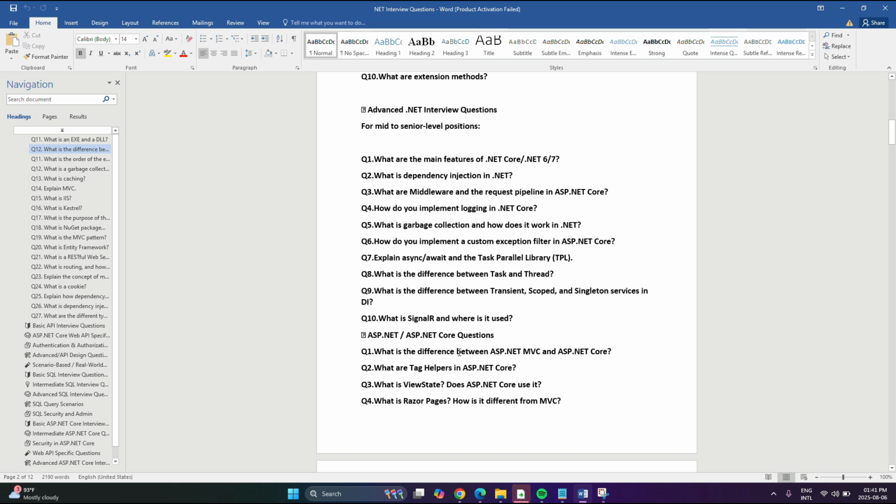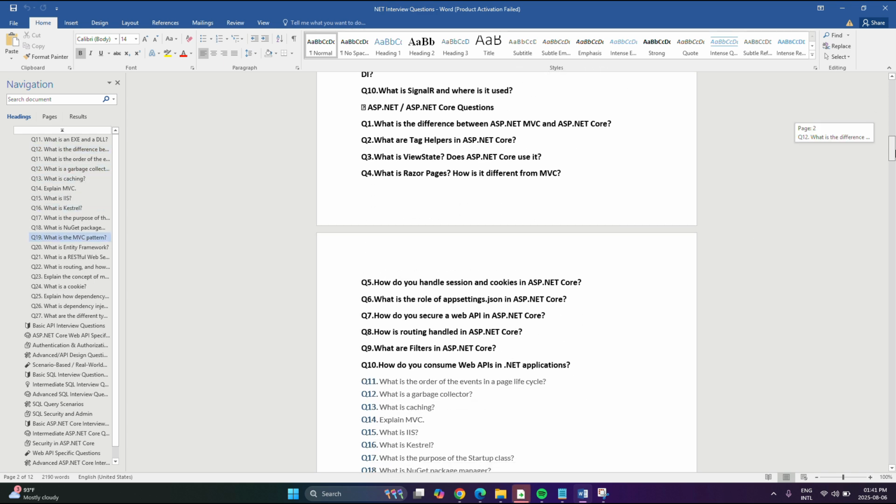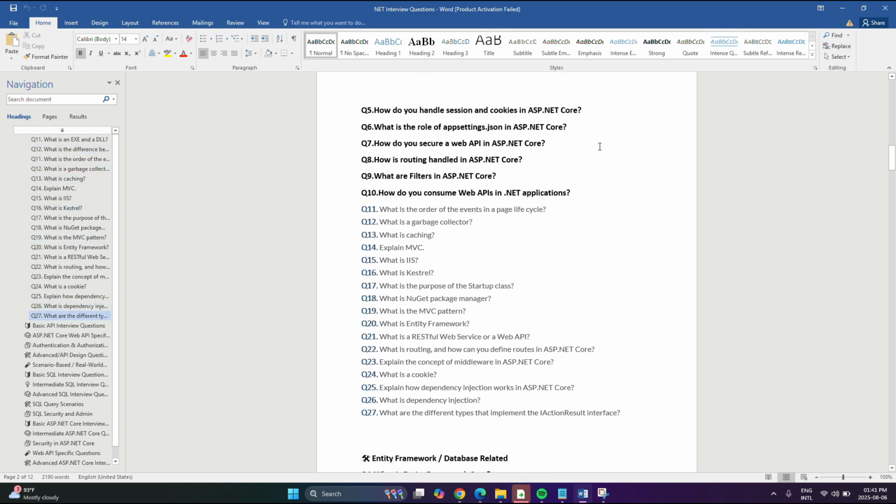ASP.NET और ASP.NET Core क्वेश्चन के लिए, what is the difference between ASP.NET MVC and ASP.NET Core, what are tag helpers in ASP.NET Core, what is view state and does ASP.NET Core use it, what is Razor Pages, how is it different from MVC, how do you handle session and cookies in ASP.NET Core,